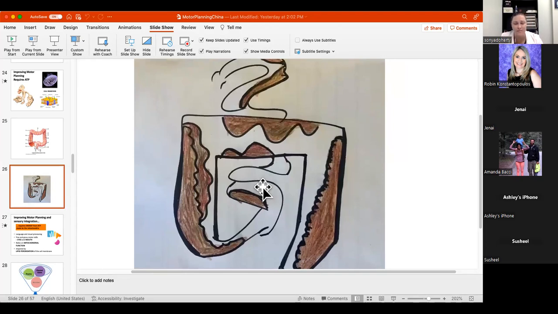I have drawn this picture obviously, but the stool sticks in there, and it will literally stick in there till you flush it out. I have a young man who years ago developed aggression somewhat out of the blue, just a really calm kid, a child with lots of communication, lots of ability to learn, diagnosed with autism and ADHD, but really not significant behaviors. All of a sudden, behaviors came to the forefront. Parents were actually worried about bipolar. They were working with some healthcare professionals like doctors who were going to diagnose and put this child on pretty heavy duty medication. So they called me and I said, it's going to sound crazy, but get a bowel x-ray.